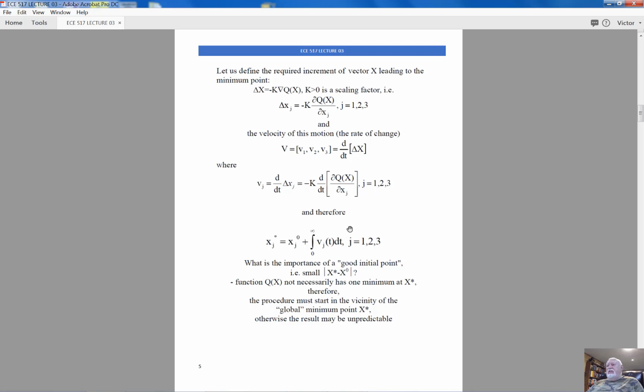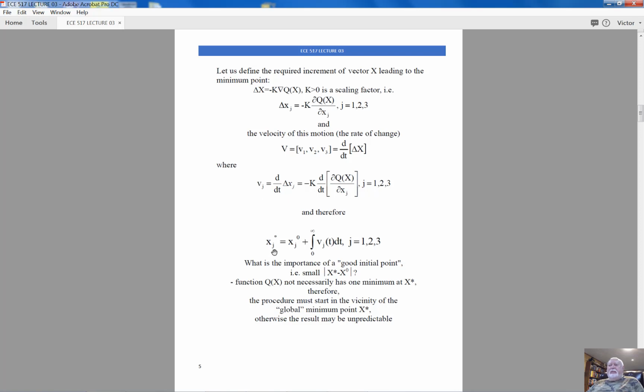If derivatives are utilized to define increments or describe the motion of the system towards the minimum point, then of course